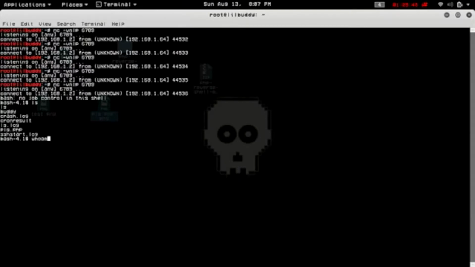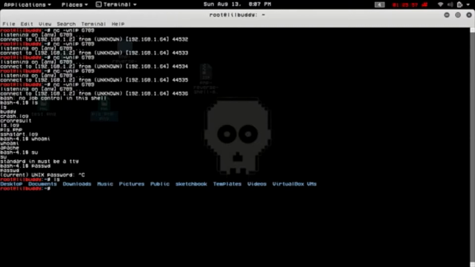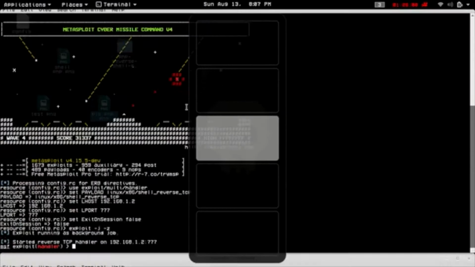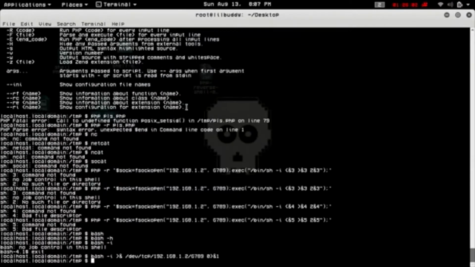Like, that's fine. I don't know the current password. That's very interesting. Oops, I killed my reverse connection. Okay, awesome. We're going to try to use this to our advantage